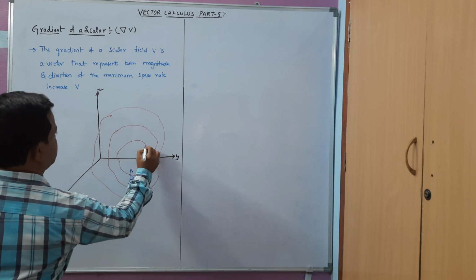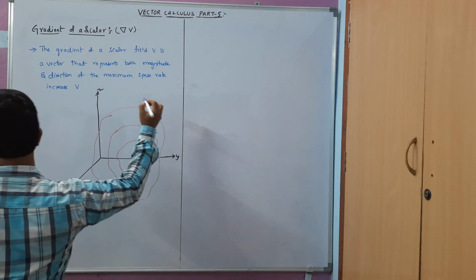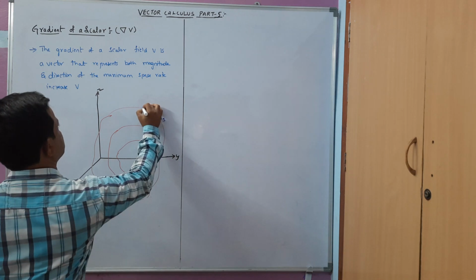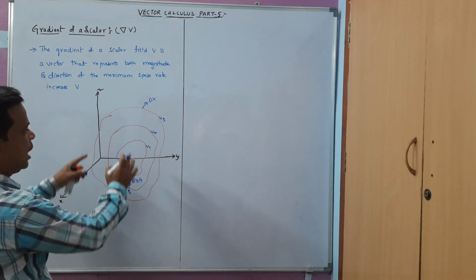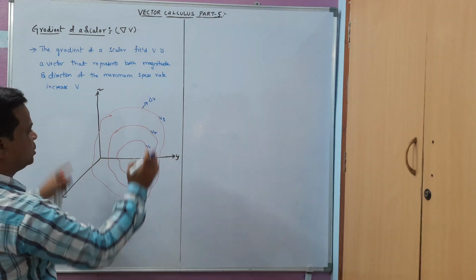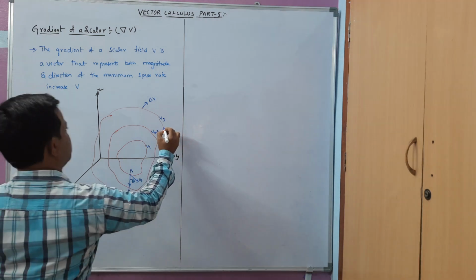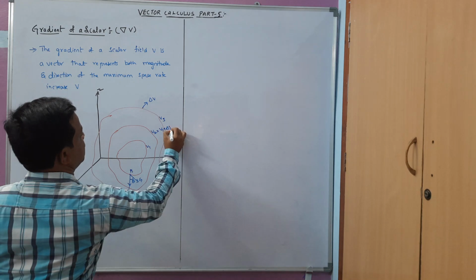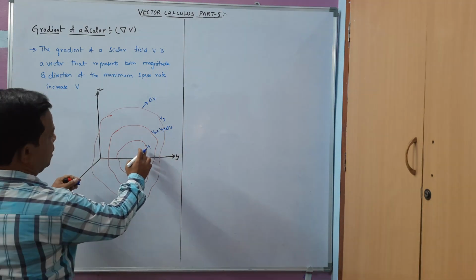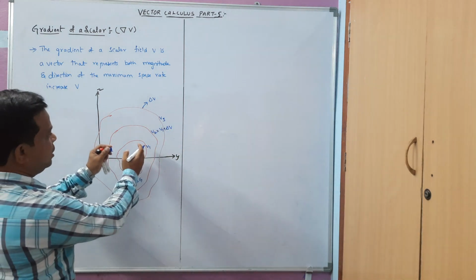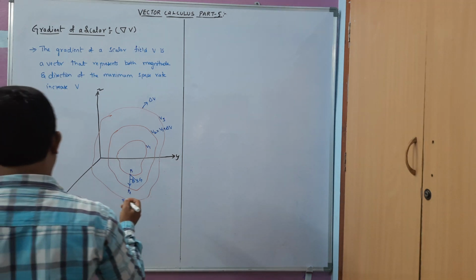Let us take this as field V1, then V2 and V3 and so on. The field is going to have a constant increase delta V. Suppose I take V2 here, it will be equivalent to V1 plus delta V. That means there is a constant increase in the field V. So from the figure we can write the mathematical expression.